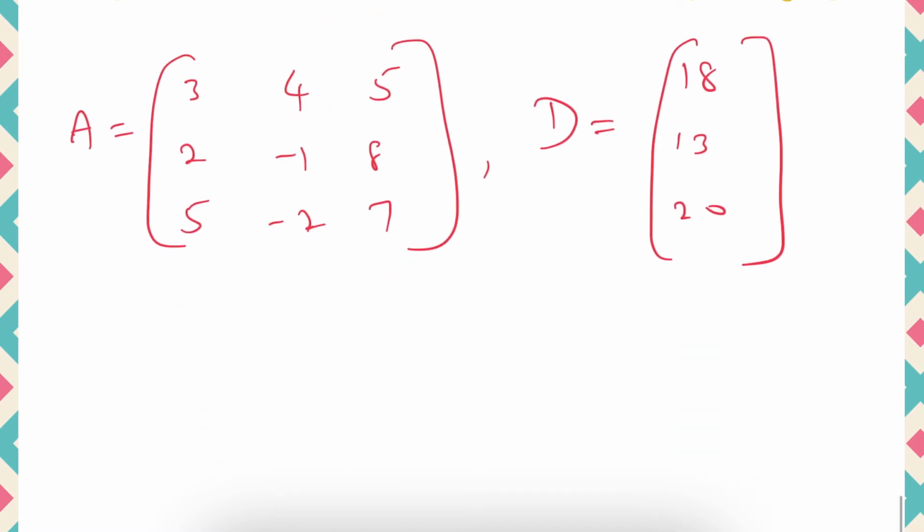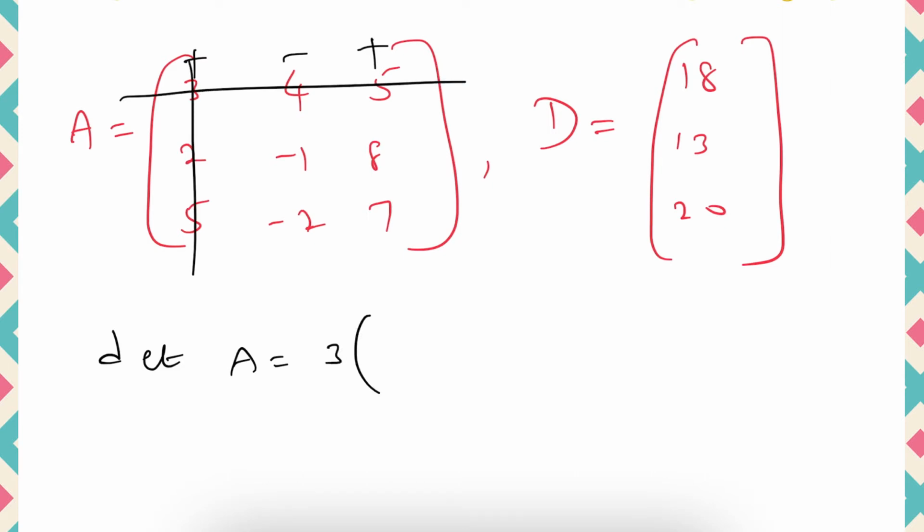And now let us find the determinant. This will be used in the last step. So I am going to find the determinant of A first. The signs will be plus, minus, and plus. So 3 into, if you remove the column as well as row, minus 1 into 7 minus 7, minus 2 into 8 minus 16, already minus is there, so plus 16.